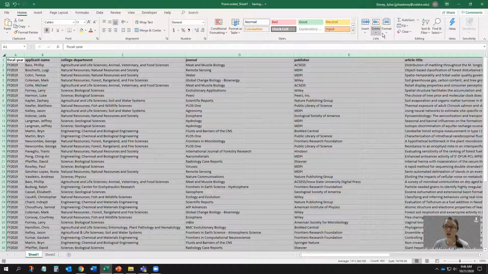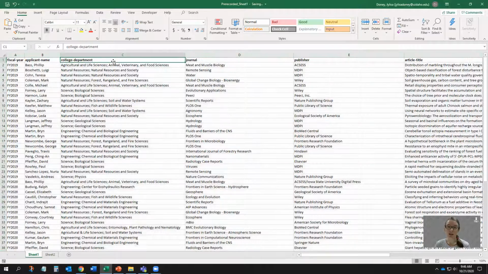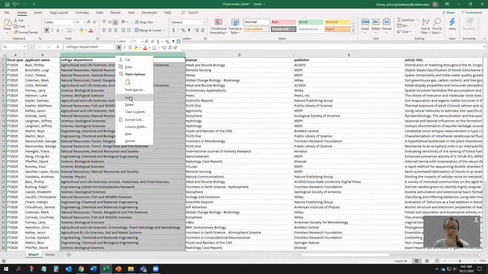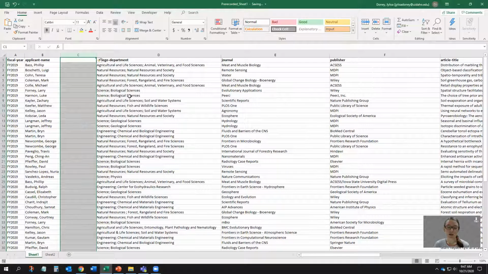On the Home tab, within the Cell section, there are options to insert or delete rows and columns, but you can also do this directly within the sheet. To insert a column within a sheet, click to highlight the column directly to the right of where you want the new column to appear. Right-click and select Insert. As we can see, a new column has been inserted to the left of the column